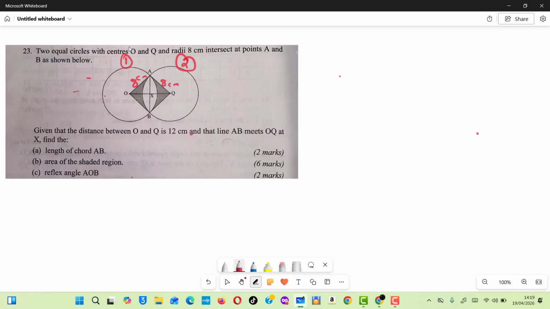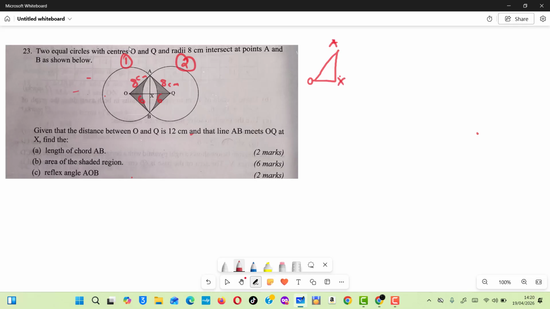Now the chord AB, to get the length of the chord AB, first of all we need to find AX, and what we have here is the length of OQ. Now the point X divides OQ into two equal halves. So if OQ is 12, then this is 6 and this is also 6. Now with triangle